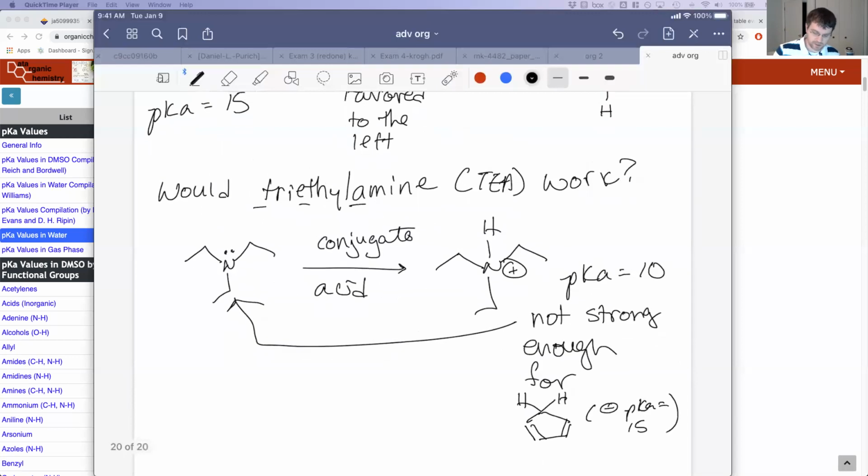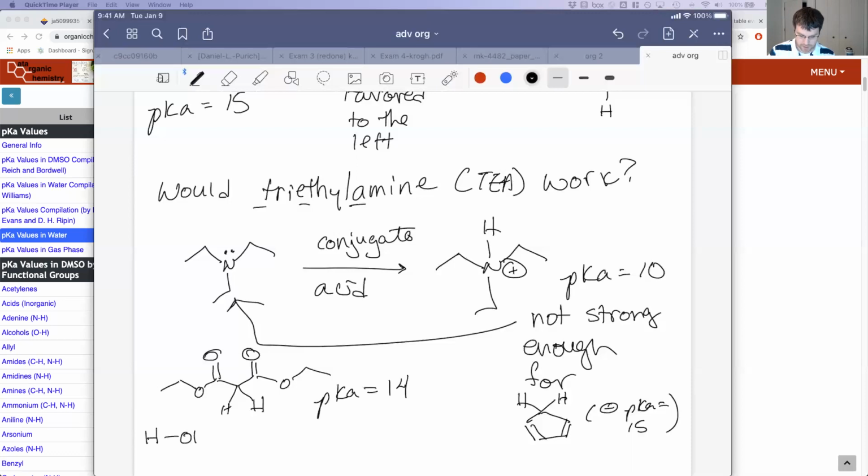So where are some other important pKa's? Well, I might consider a malonate, which is a dicarboxylic acid ester. That's an interesting one. It has 2 carbonyls, and its pKa is equal to 14. And then the other one I want us to pay attention to is water. Water has a pKa equal to 15.7, and